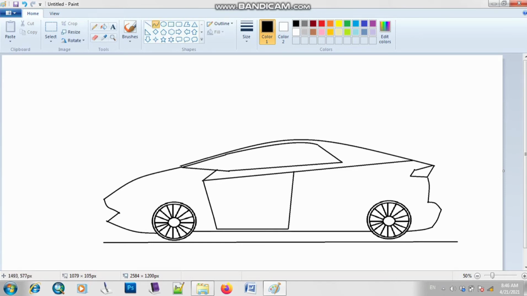Okay, after that I will choose again curve tool, to make the second door of your car. So to draw the second door, again I will use line tool. I will just click on this option of line shape, that is basically not tool, shape. So similarly again I will choose your curve tool,